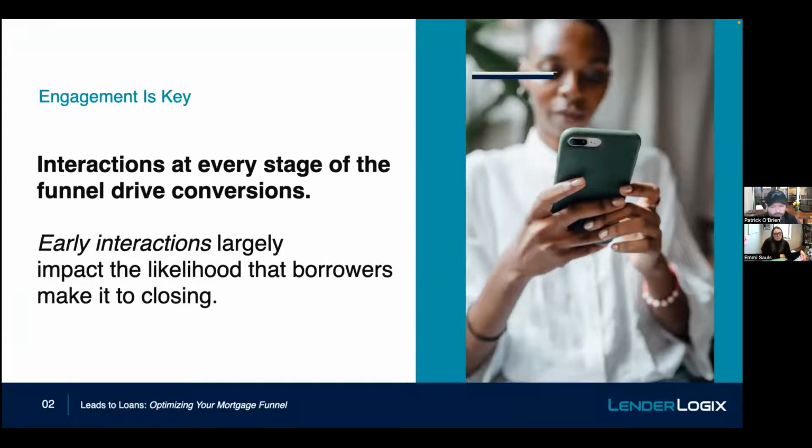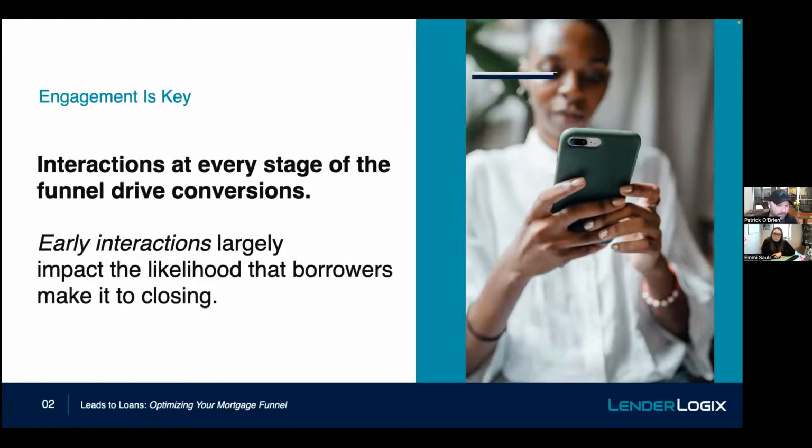We talk to a lot of loan officers and a lot of lenders, and everybody measures applications. If I asked a loan officer how many apps they did last year, most loan officers would be able to answer that question. If I asked them how much business they closed last year, what their closings were, most loan officers would be able to answer that question. They know those numbers. But a lot of times what we find is they don't know those numbers further up the funnel. How many leads did they interact with? How many pre-approvals did they issue? And how many of those pre-approvals turned into applications?